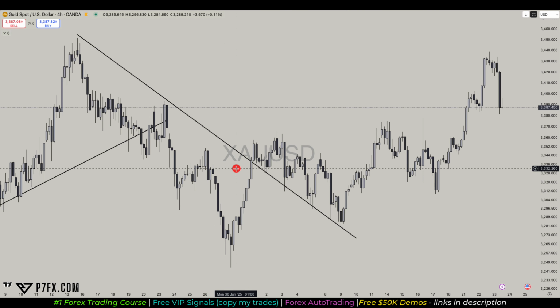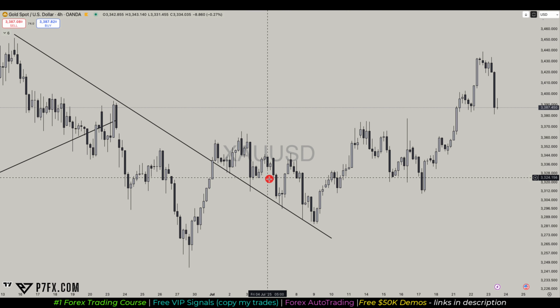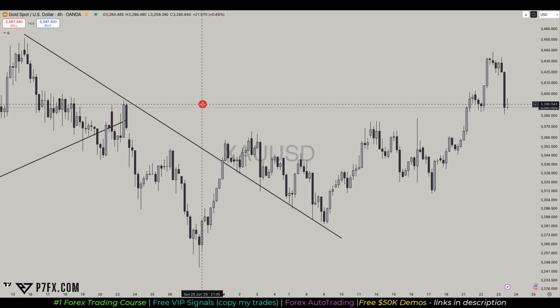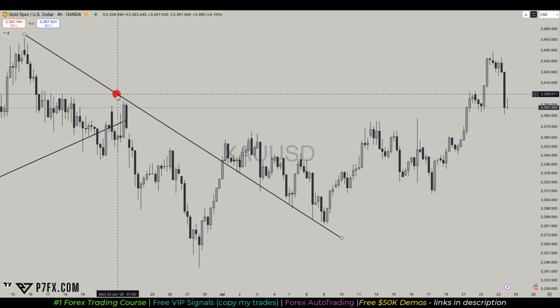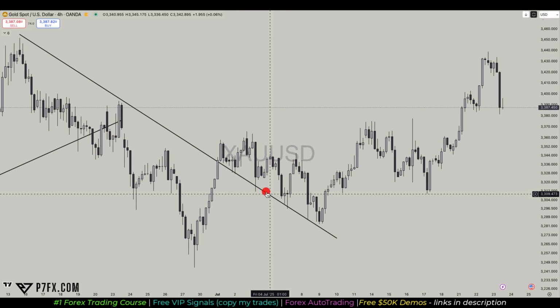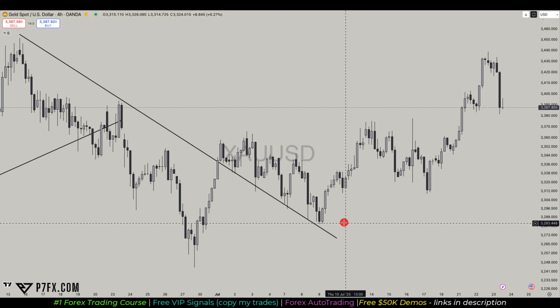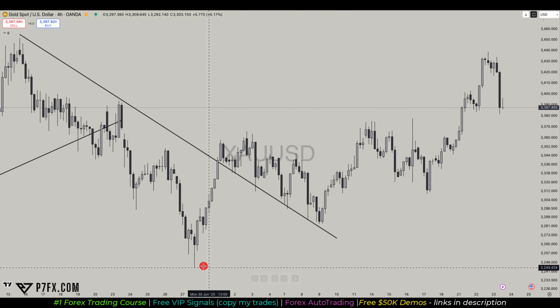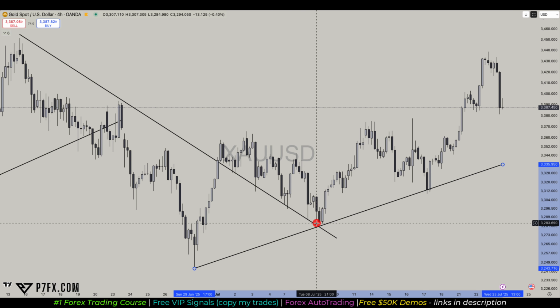Now from here, we have the breakout of our descending trend line, but price didn't immediately shoot up, right? It tested this descending trend line, which again, descending trend lines are diagonal forms of resistance, but as it broke out of the descending trend line, it is now testing this descending trend line as a level of support. And by doing so, started to create this bullish structure,